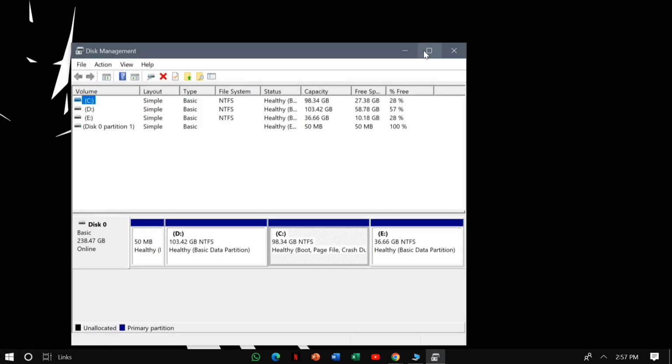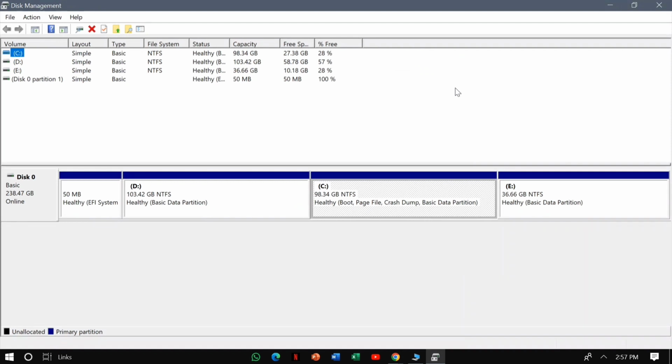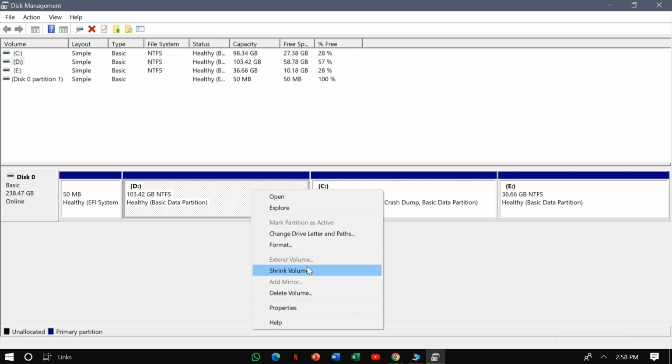Now you have to decide from which partition you are going to extract the space. In my case, D has more space free, so I will extract the space from D. For the purpose, I will right click on D and click on shrink volume.